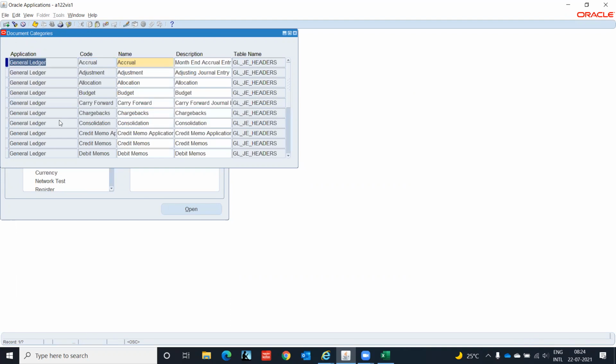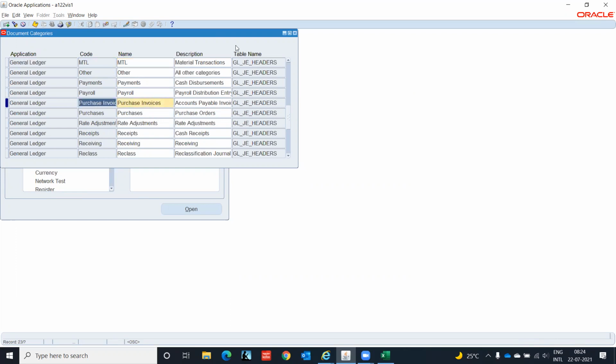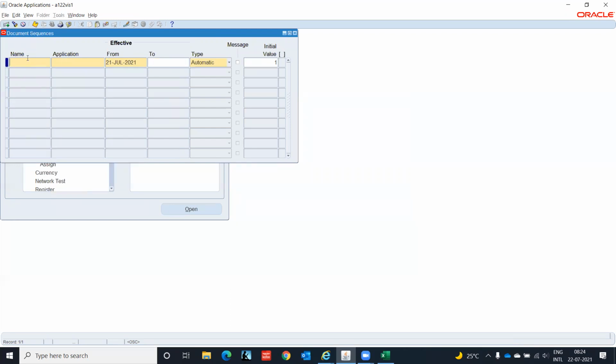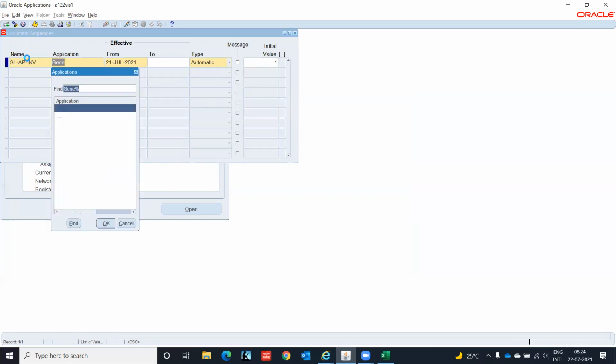General ledger. In general ledger, we have something called purchase invoices. We have to assign a sequence for this. Now we have to define a sequence. Let's say GL AP invoice, application general ledger.